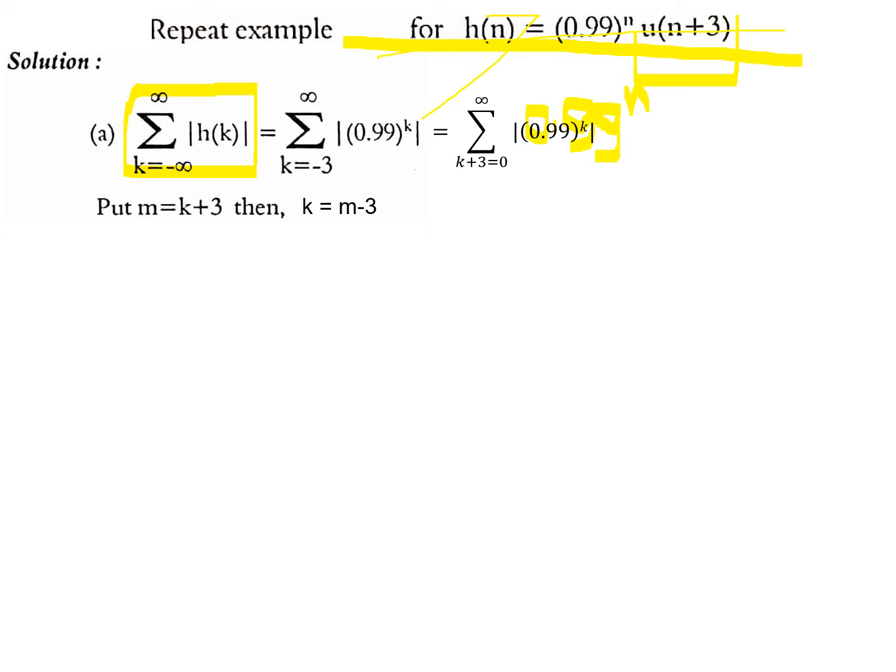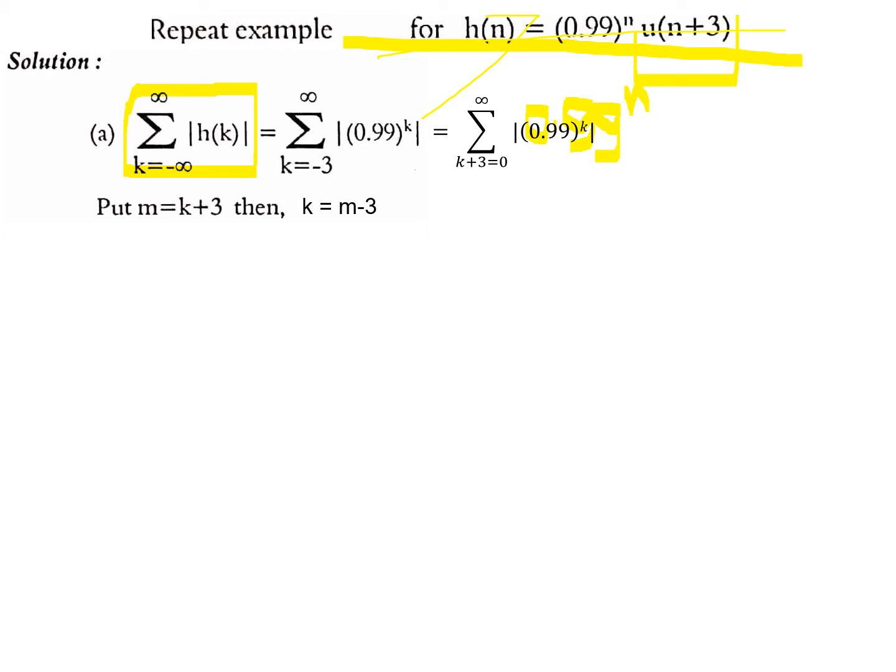Now as you can see, the signal starts at n is equal to minus 3, as I told. Therefore, see the limits of summation now. The limits are k is minus 3 to infinity, whereas previously we wrote 0 to infinity, because the signal starts at minus 3. The summation starts at k is equal to minus 3 up to infinity, of 0.99 to the power of k. Once again the value of alpha is less than 1, therefore you can apply the converging formula.